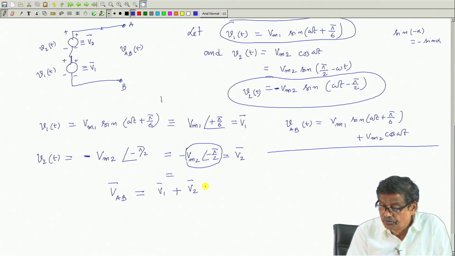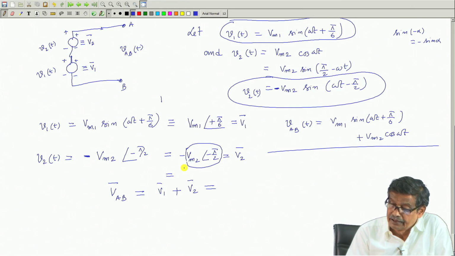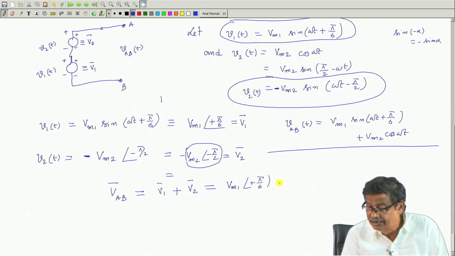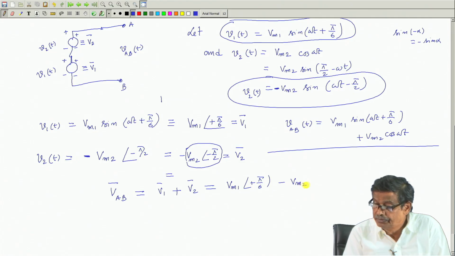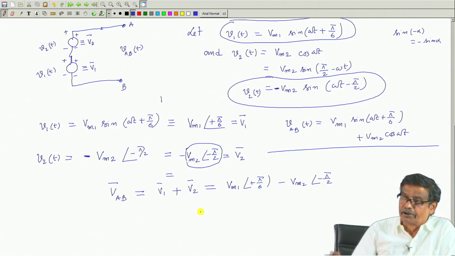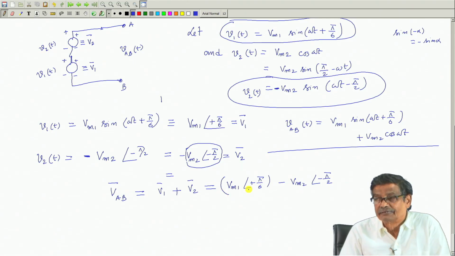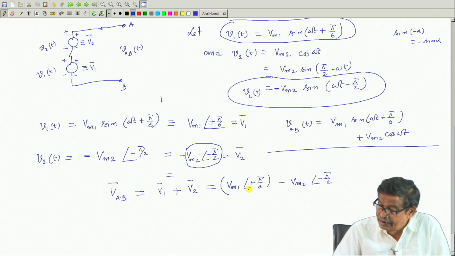You have to add these two voltage phasors, and what is this one? This one is Vm1 at plus pi by 6, and V2 bar is minus Vm2 at minus pi by 2. Got the point? Add these two complex numbers using your calculator. Ultimately, you will be getting some Vm and some angle here. I am not doing that, but some angle you will get,